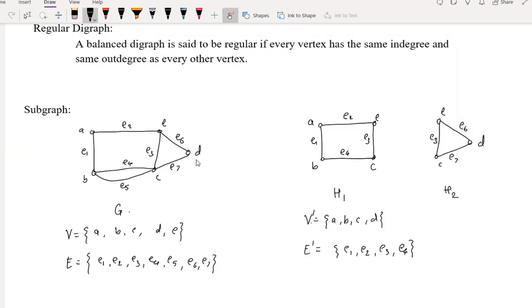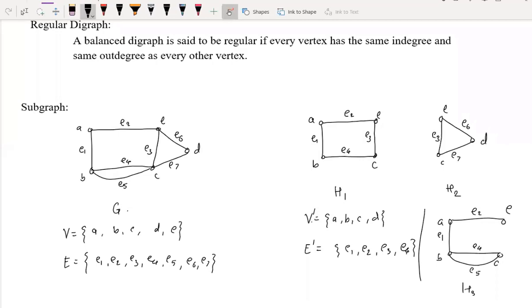So again you can take some other graph. Suppose if I take it here like this, A, then B and then C. So this A, B, C, and then E, and I'll take these edges also. So E2 is there, E1 is there, E4 is there, E5 is also there. So I'll say it is H3. So H3 is also a subgraph of this graph G. So like that you can draw any number of subgraphs of any graph. किसी भी ग्राफ के आप कितने भी सारे सबग्राफ्स ड्रॉ कर सकते हो.